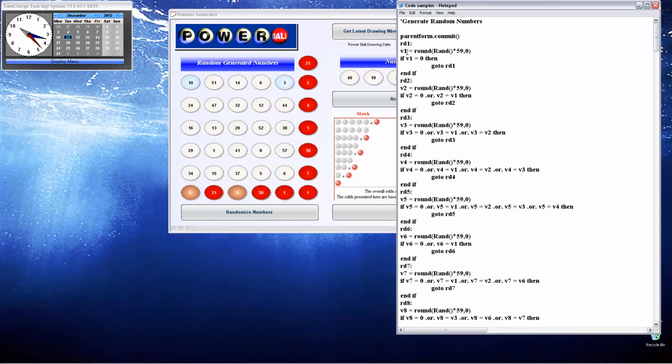So here you go. We set the variable v1 to round(rand() times 59, 0). If v1 equals 0, go to rd1. So basically what we're doing is creating a little loop. If the first time it goes through it hits 0, it goes back and runs it again. If it hits 0 again, it runs it again and again until it gives us a value between 1 and 59. Then it writes in the answer. In that case, it was 10. All right, next,